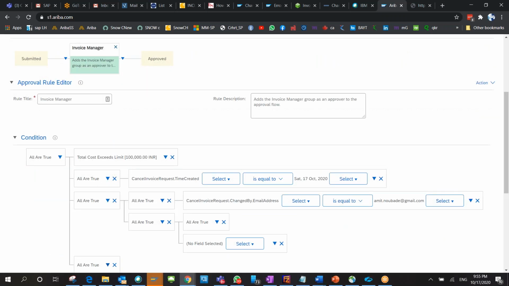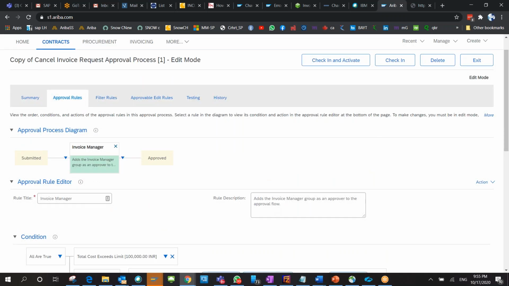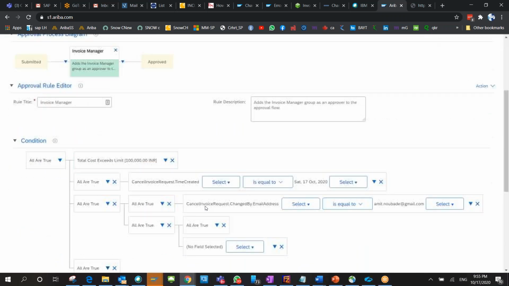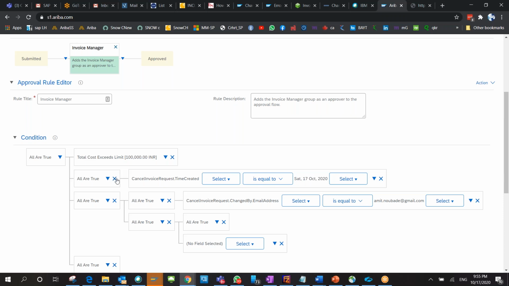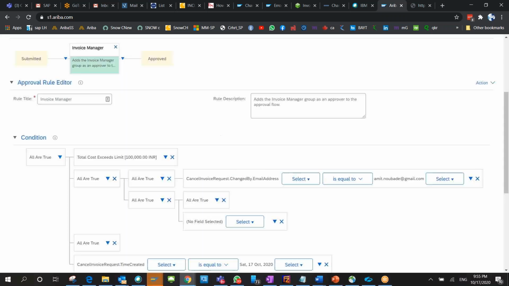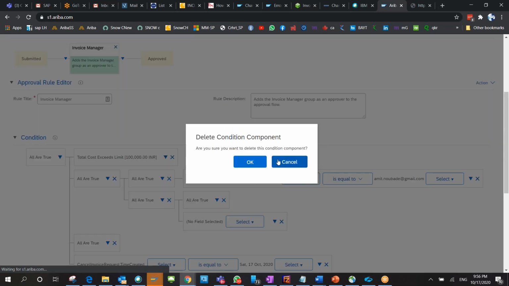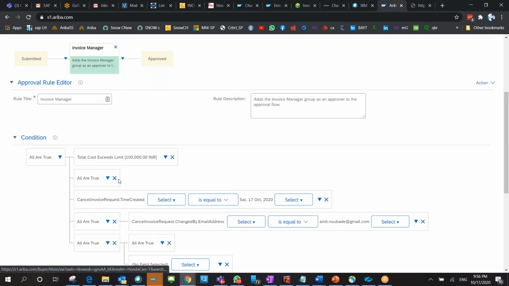If the amount is 2,000, then second. Likewise, we have six levels. Then how will the condition be created? Correct. So in that case, there are two ways. You can either just create one condition over here. You select one more, you copy the